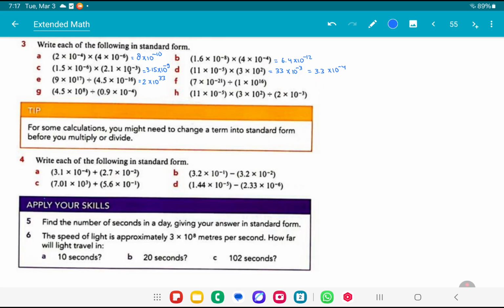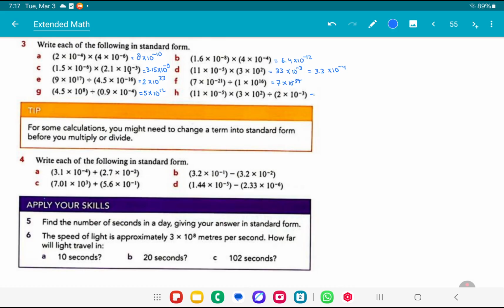For question F, 7 divided by 1 equal to 7, and then raised to the power of minus 21, and then minus 16 equal to minus 37. For question G, 4.5 divided by 0.9 equal to 5, multiplied by 10 raised to the power of 8 minus 4 equal to